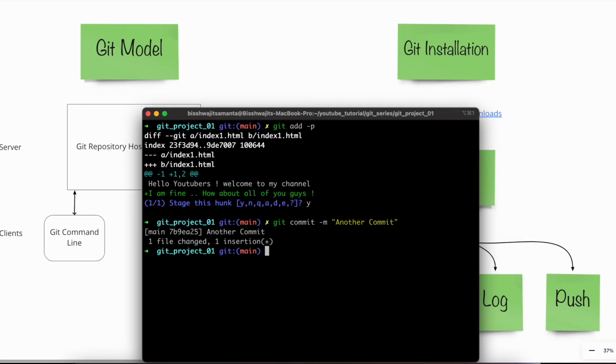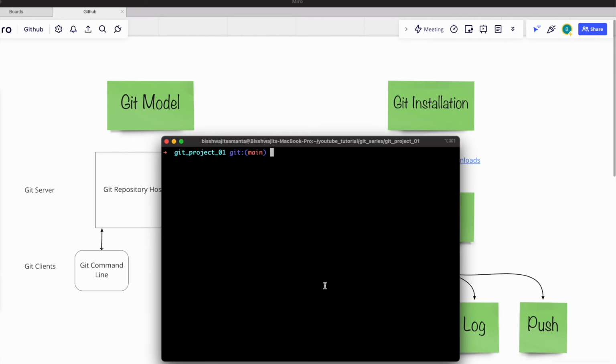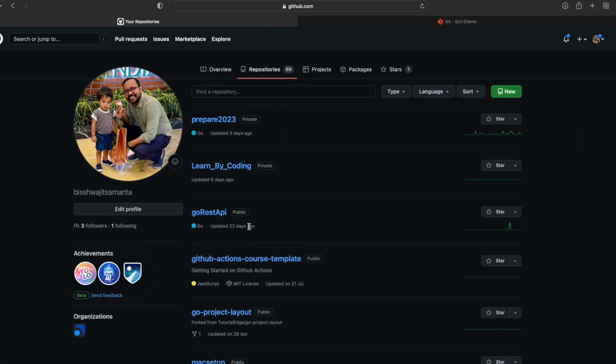Now, what I need to do here is, once this commit got made, right? Now I want to make this change push to the repository. Let us first create the repository. So we'll go to GitHub. This is my account, right? Let us create a new repository right from here. So I click the button new,